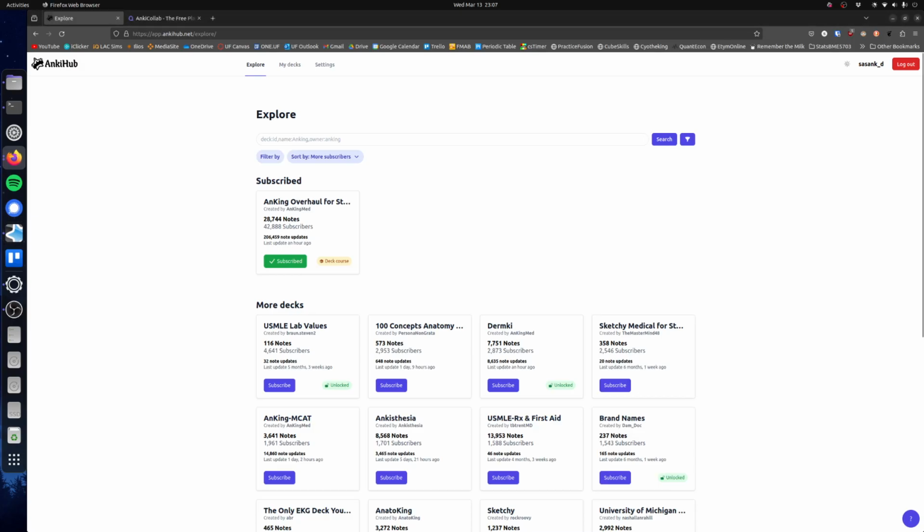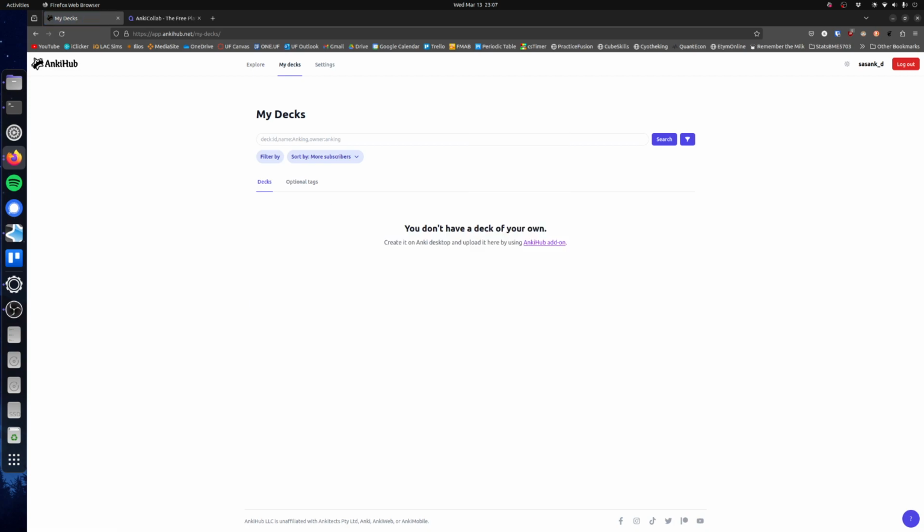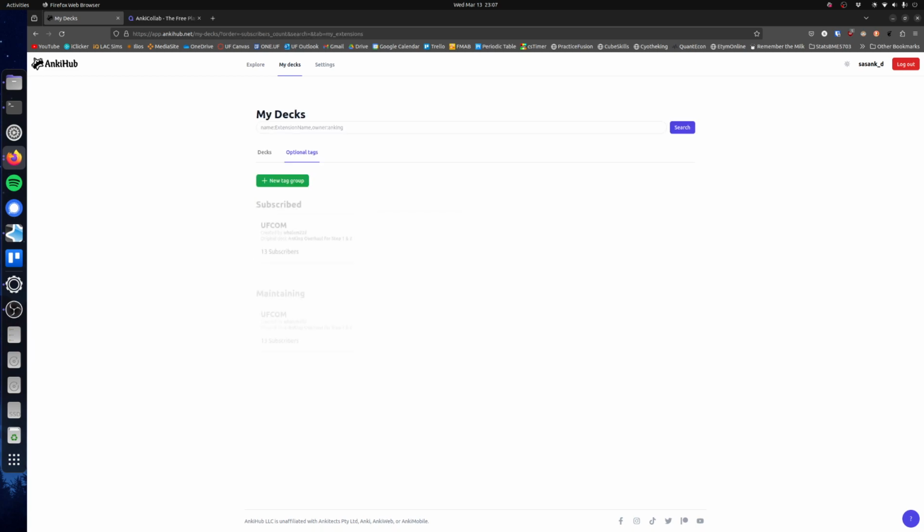Let's take a look. Okay, here I am on my AnkiHub page, and I see that I'm subscribed to AnKing Overhaul for Step 1, Step 2. If I go over to my decks, now I don't have any decks, right? But there's this option for optional tags. What's that? So I'm also maintaining it, but I'm subscribed to the UFCom